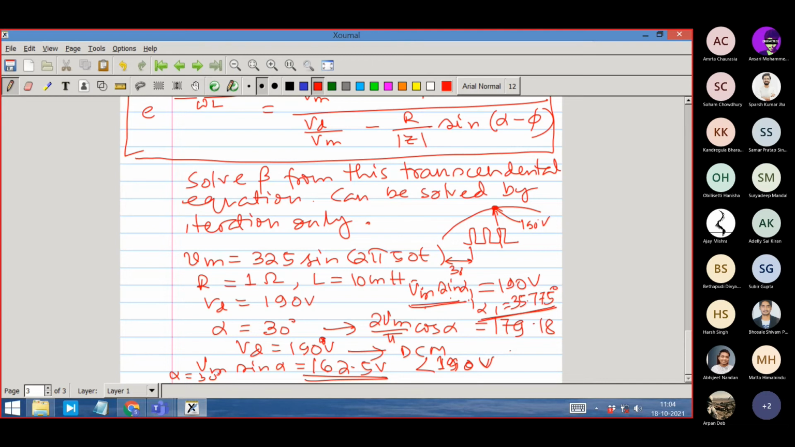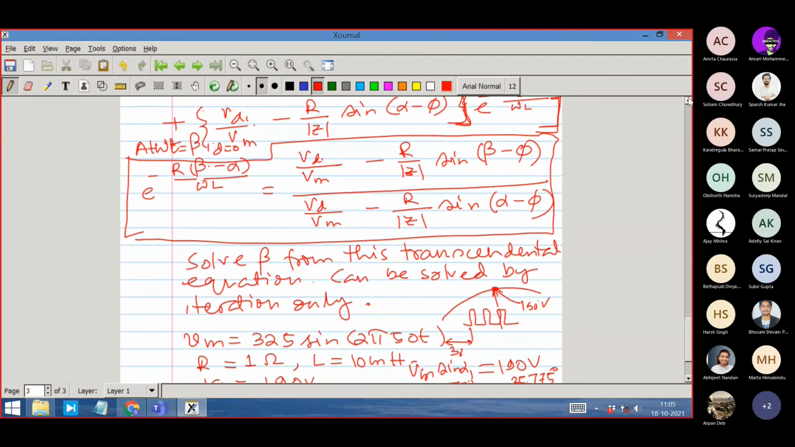So it would have started conducting precisely at the instant the firing has been done. But if the firing has been done at any angle less than 35.775 degrees, it will not conduct for a DC voltage of 190 volts. So the true alpha 1 from which we should start sketching the current greater than 0 is 35.775 degrees. And then, using the equation above and by an iterative method, we will find the angle beta at which the current will again fall back to 0,